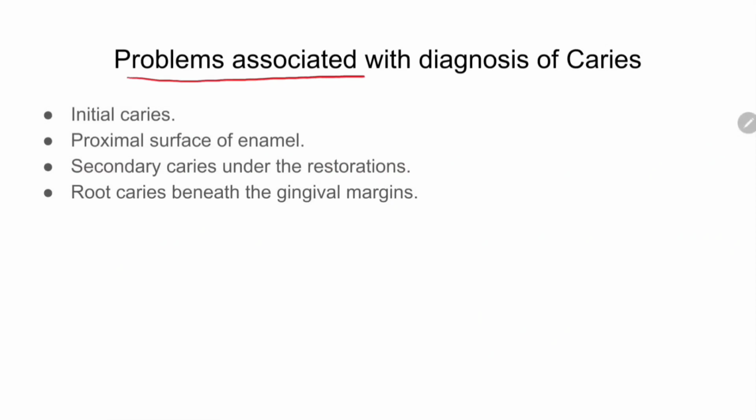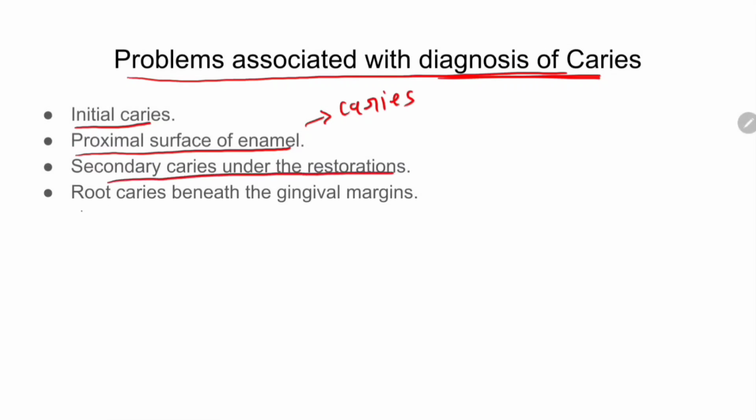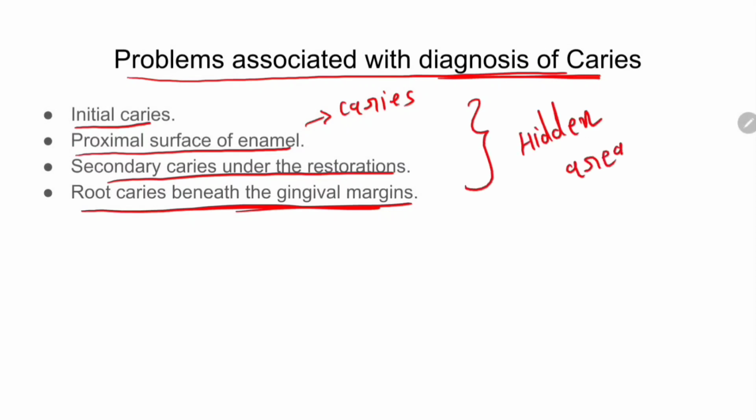Next is problems associated with diagnosis of caries. It means whenever we are diagnosing dental caries, we have some problems related to that, like initial caries, caries on the proximal surface of enamel, then secondary caries under the restoration, and root caries beneath the gingival margin. So these are some hidden areas which are not easily visible. For these hidden areas, we have various diagnostic aids with which we can effectively diagnose the disease process, severity and